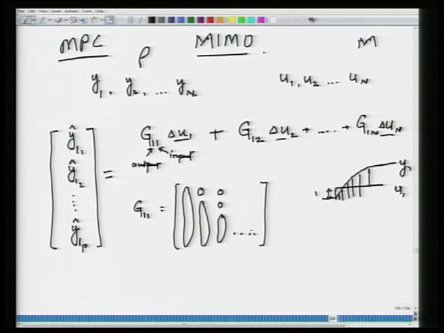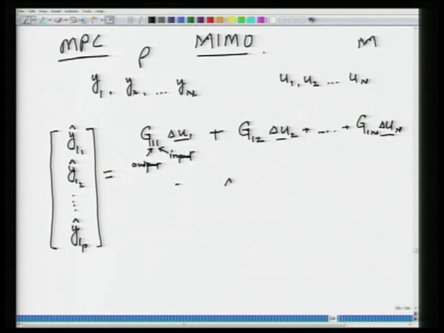Right. What is G12? Well, I give a small step to input 2, record what happens to output 1. Those coefficients go in G12, right, and so on and so forth. What is delta U1? Delta U1, the vector is, and so on, change in input 1 m instants from now,